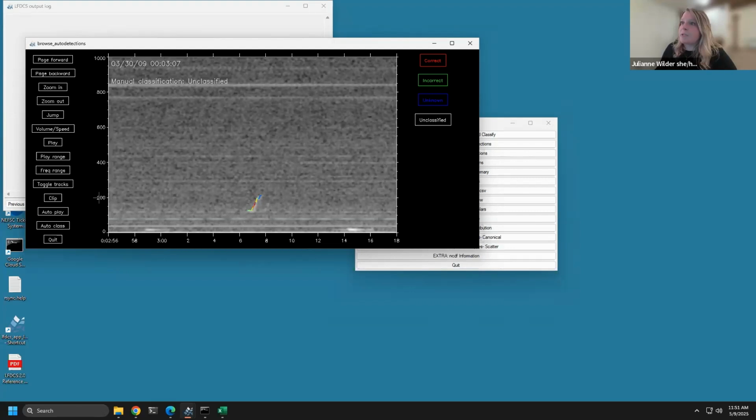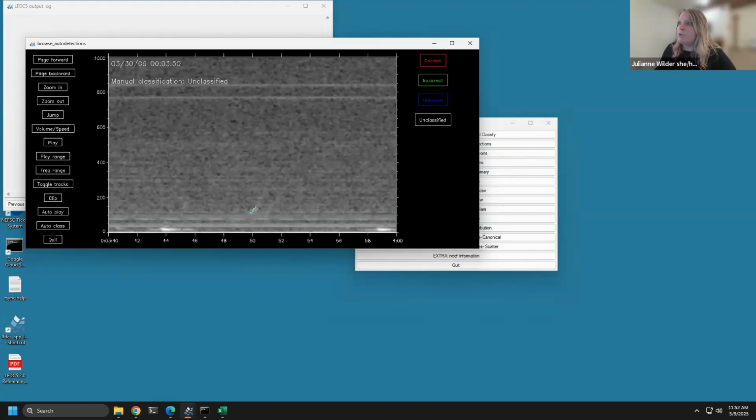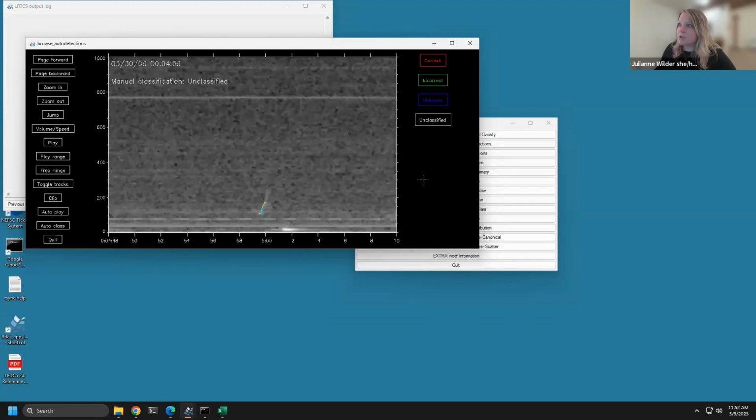And there are a few tips and tricks here. All of this is described in the reference guide. But the black areas on the left and right-hand sides of the spectrogram are essentially like your forward and back buttons. They're just kind of hidden. So if you want to move forward in your data set to see the next pitch track, you can click over here on the right and it'll move to whatever your next pitch track is in the